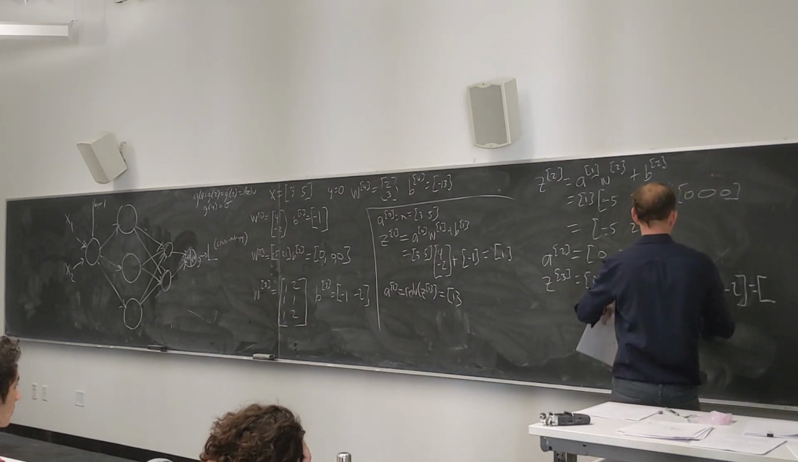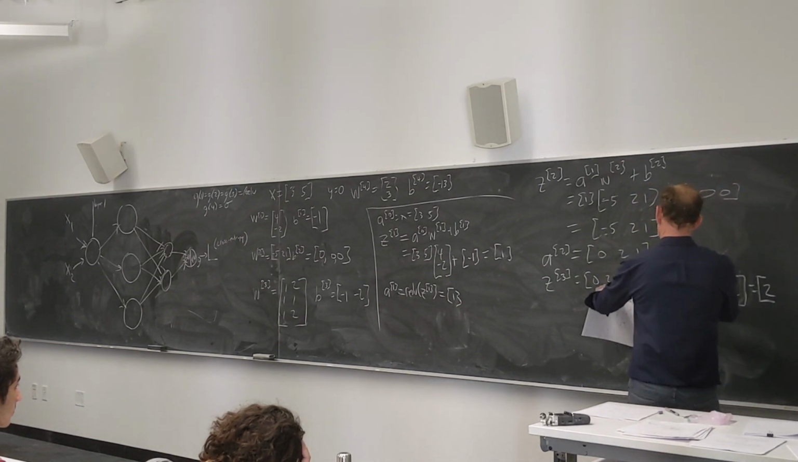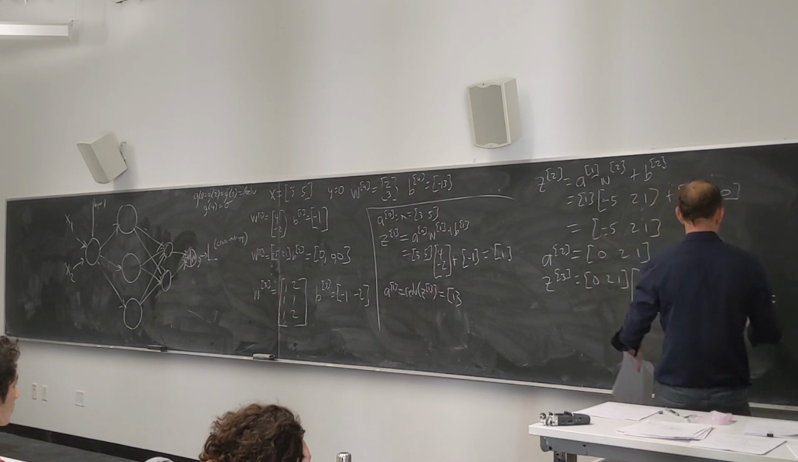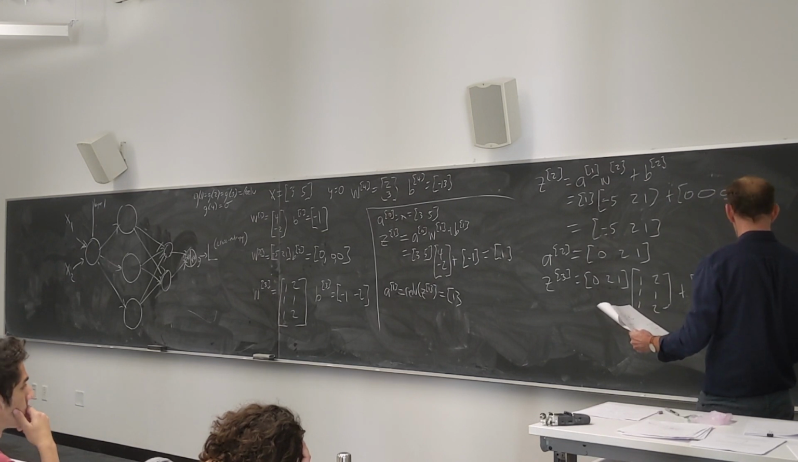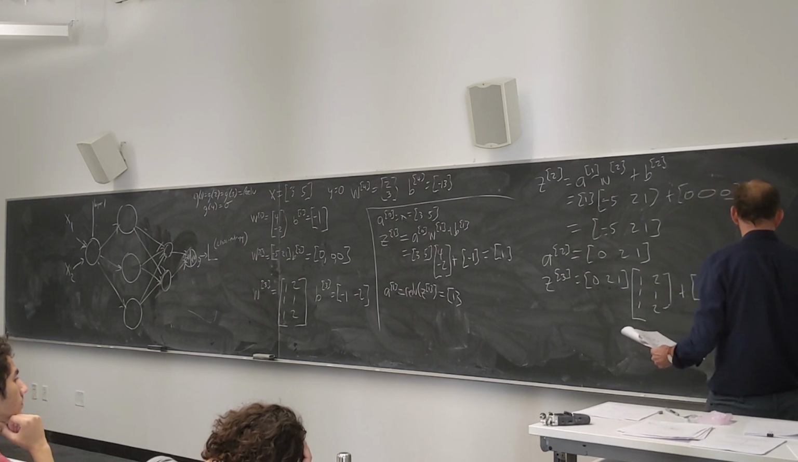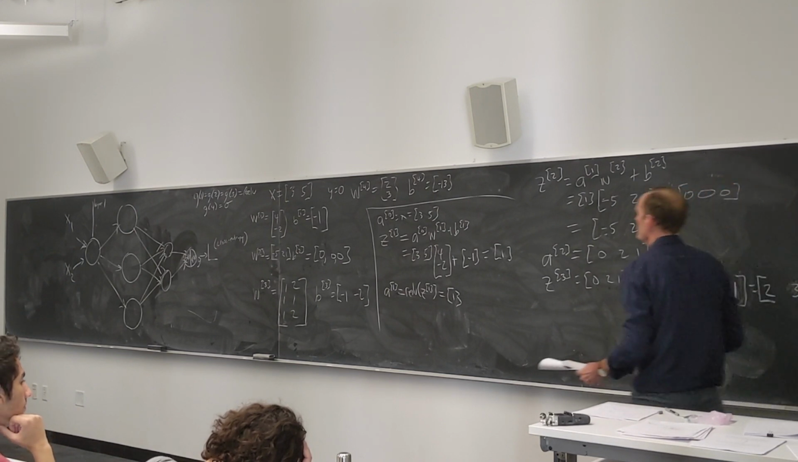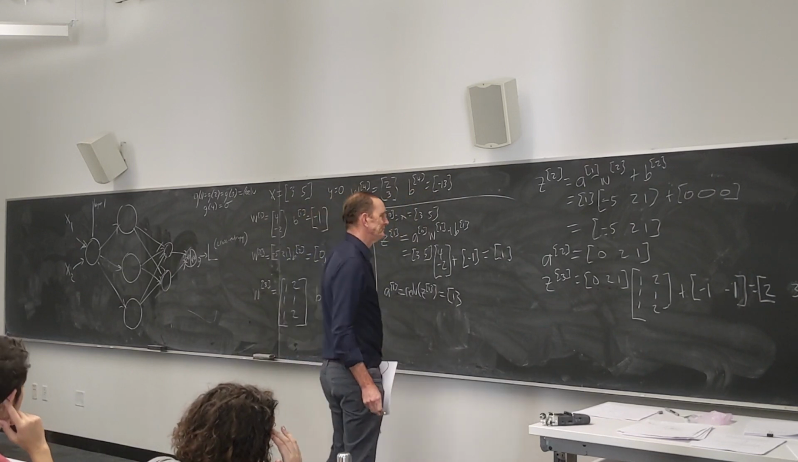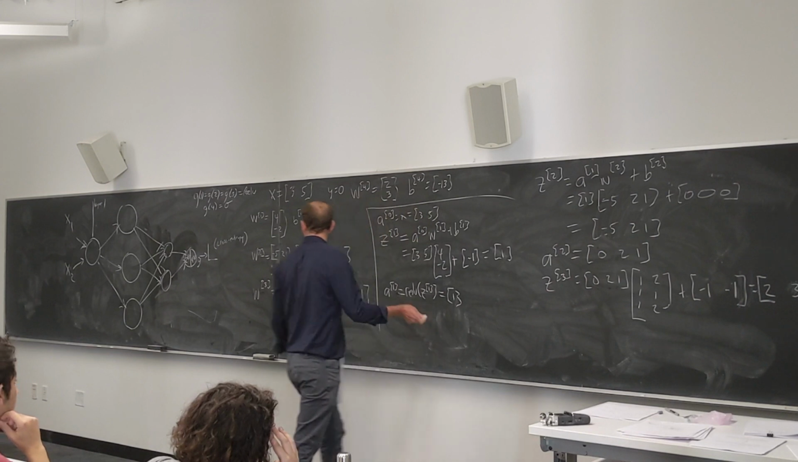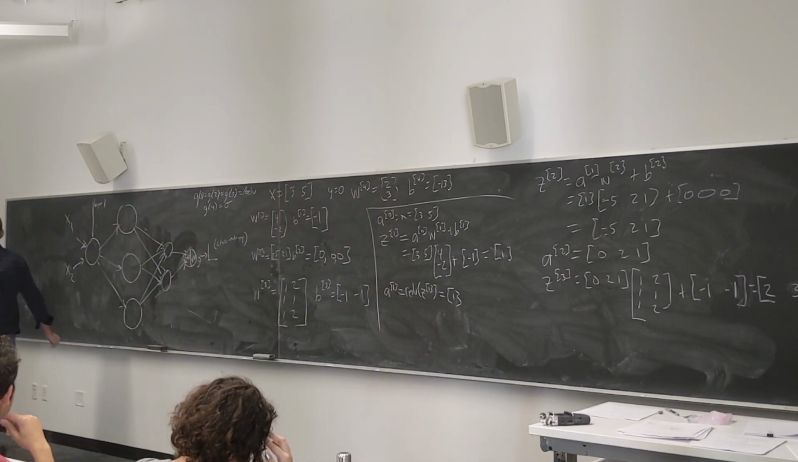0, 2, 3 plus negative 1 is 2. 0, 2, 2 is 4 plus negative 2 is 2. Plus negative 1 is 3. Because I know where I'm going. Right, and then finally, I'll come over here. Z4